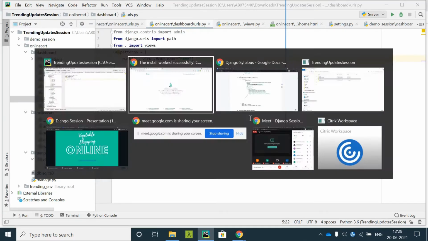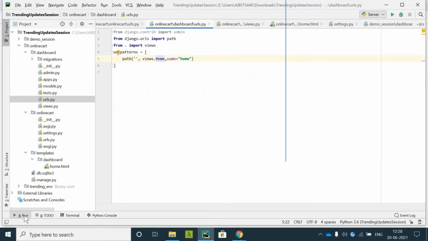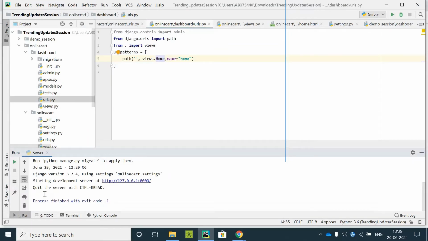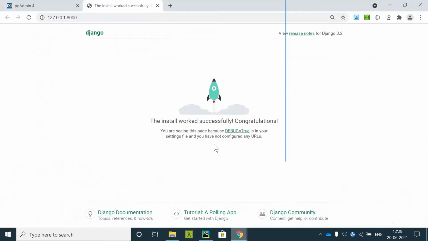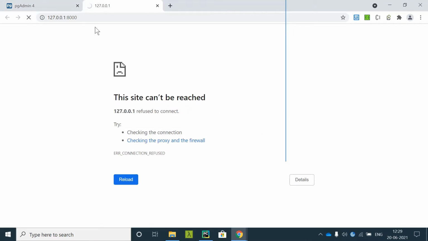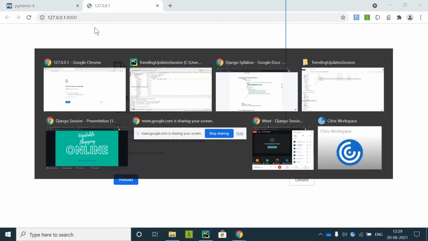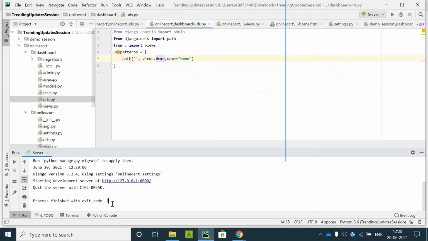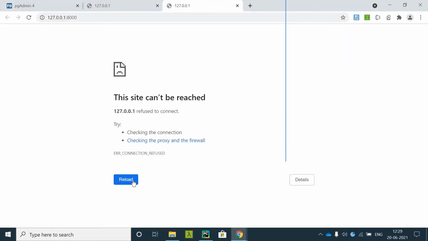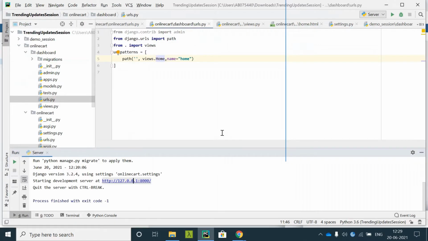Let's go ahead and see whether this works. So let me see whether my server is running fine. Yes, my server is running fine. So let me go to the browser and check if my things are working fine. No, this is not working fine. So let me go ahead and see. Okay, I'll click on this. Something is wrong over there. So let me fix that.